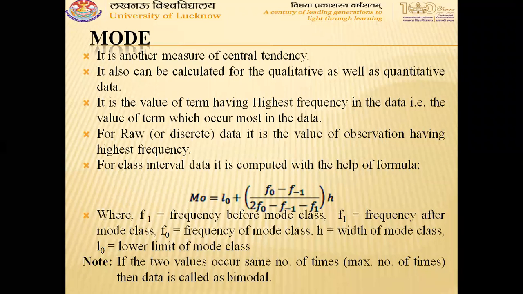For raw data, it is the value of observation having highest frequency. If data is arranged in the form of class intervals, then mode can be obtained by using the formula. Mode is